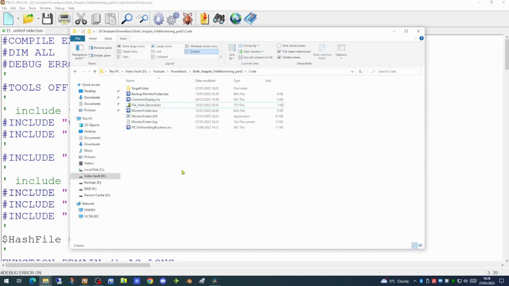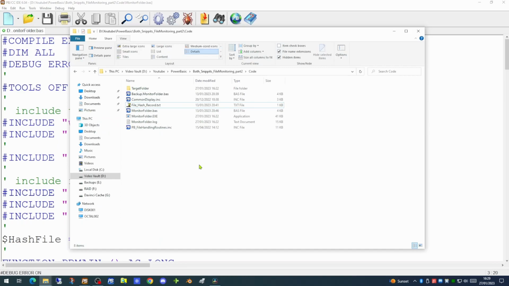This was our application at the end of the last video. Our application, when run, will monitor this target folder. It will look inside that target folder for a specific file. It will then, if it finds that file, compare the hash value of the file against all previous hash files processed. This allows us to wait for a file appearing in a specified folder, checking to see whether we have seen it already, and processing accordingly.